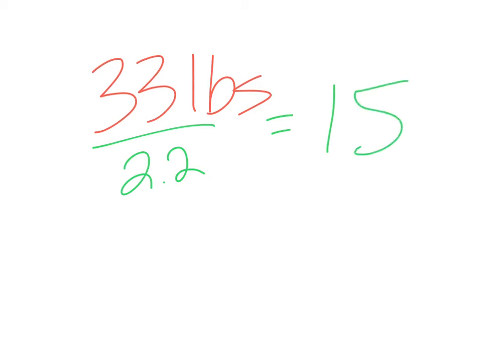What we're doing is we're simply just taking whatever their weight is and dividing it by 2.2. So if I have a patient who weighs 33 pounds, we simply just take 33, divide that by 2.2, and 33 divided by 2.2 gives us 15. So again, hopefully you guys are going, okay, Ellie, we've seen this 100 times. If we have a patient who weighs, let's say 45 pounds, then again, we're going to take that and simply just divide it by 2.2, and that would give us